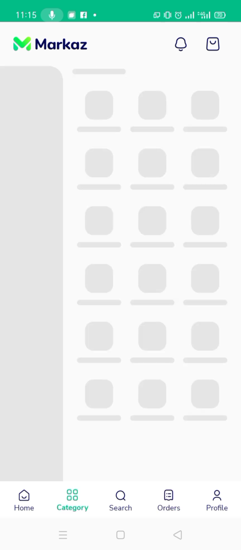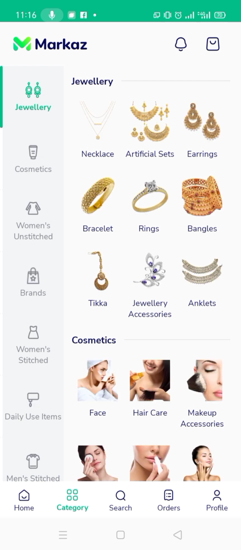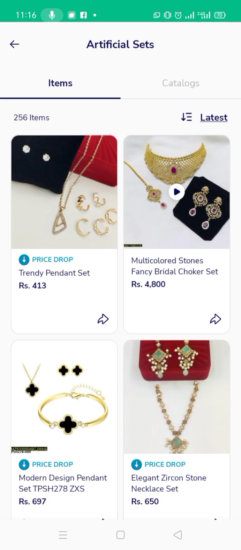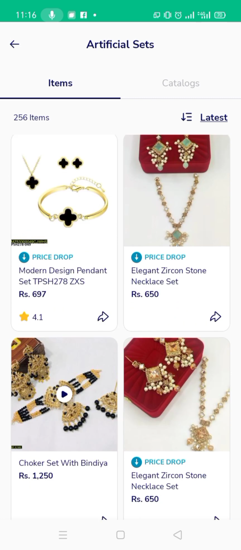Category. Here you see jewelry, cosmetics, like this. If you click on jewelry and select the first one, and you want to resell it, you want to sell this one,